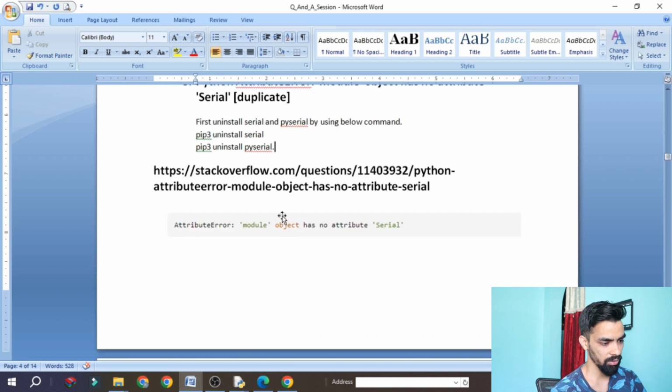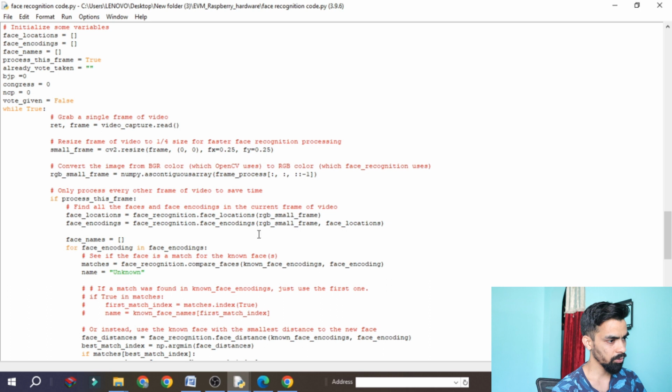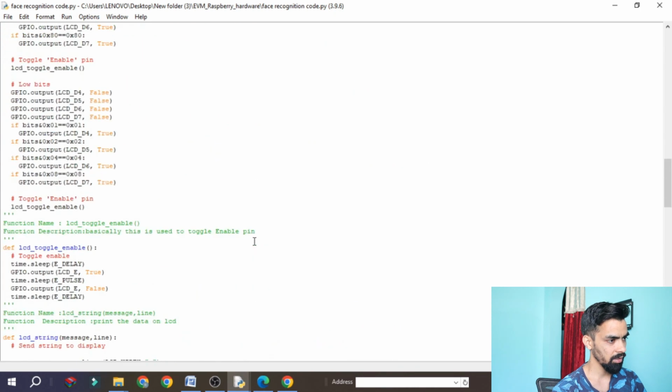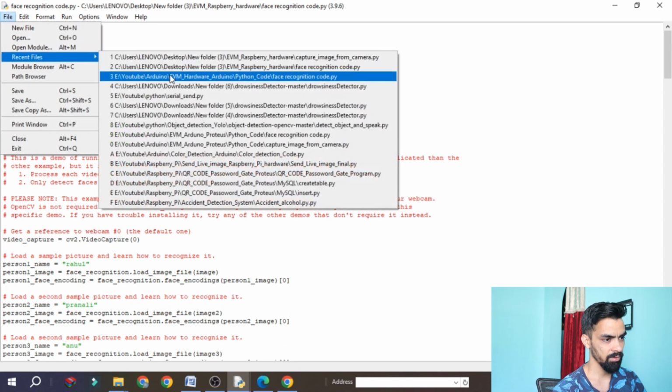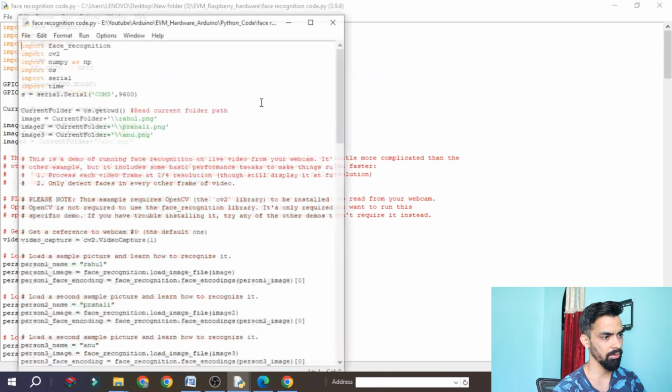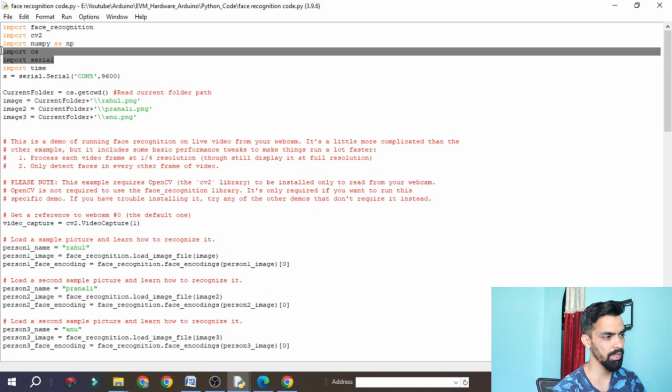Okay, I will show you. Let me open any project which has serial. Okay, this is not that project. Let me open recent. Yeah, this one. Here you can see import serial is there.